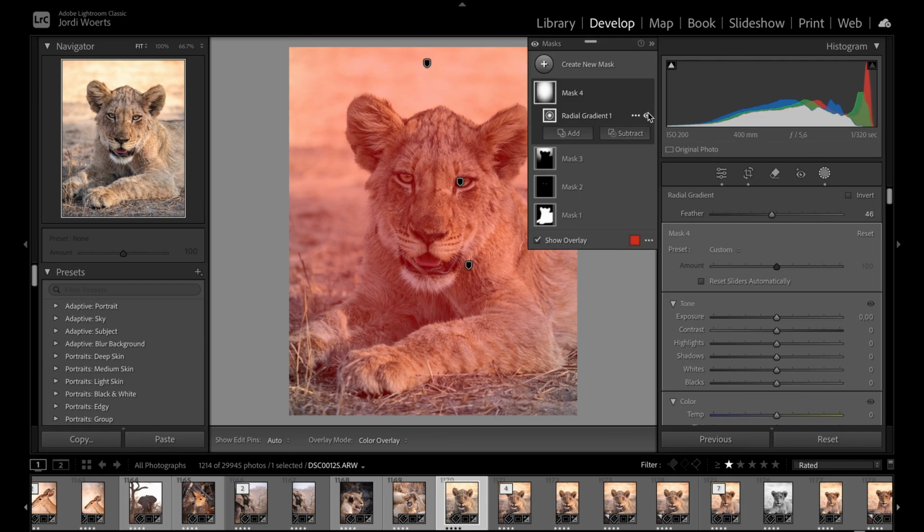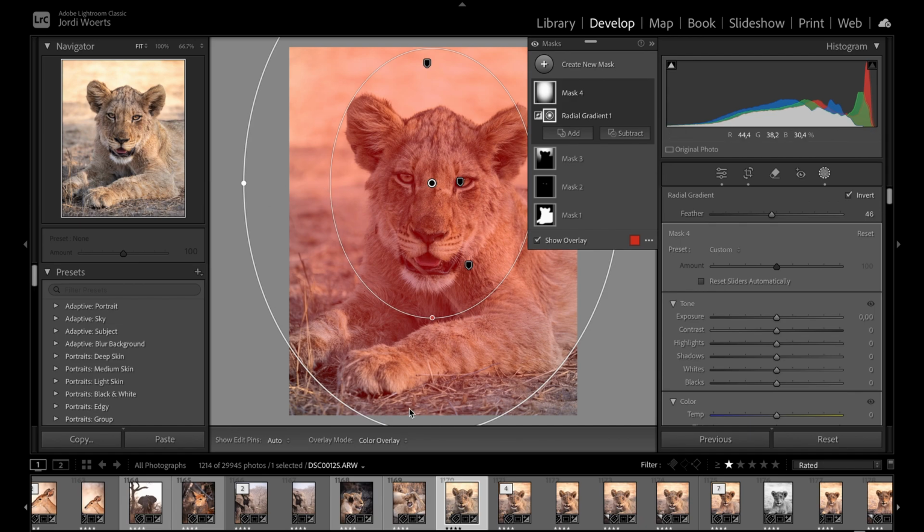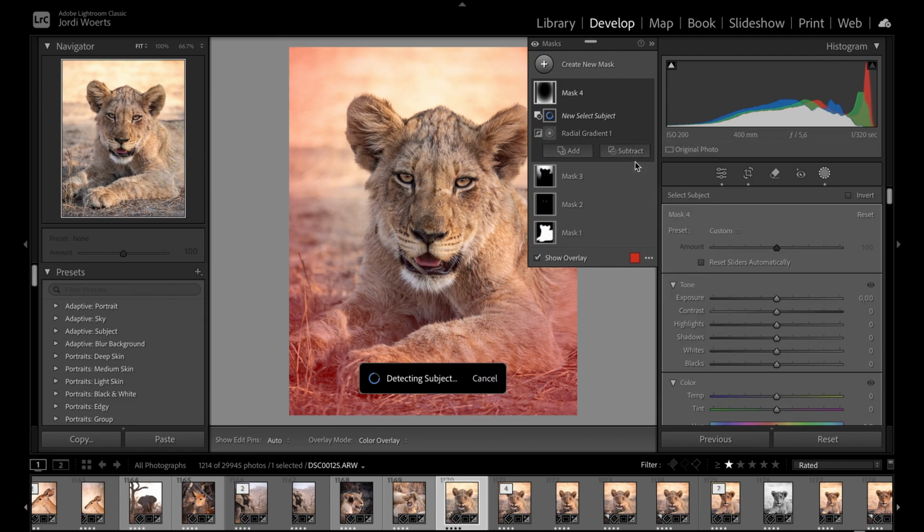All right, but I don't want to, of course, put a lot of shade in the center. So what I'll do now is invert, and you'll see that the outer sections are now going to be selected. There we go. But also I don't want to get the lion too much affected by the radial gradient, so I just want to subtract this subject here again, so that the lion is not affected by it at all. Even the ears here, I don't want to get that a little bit darker, and also these patches here.